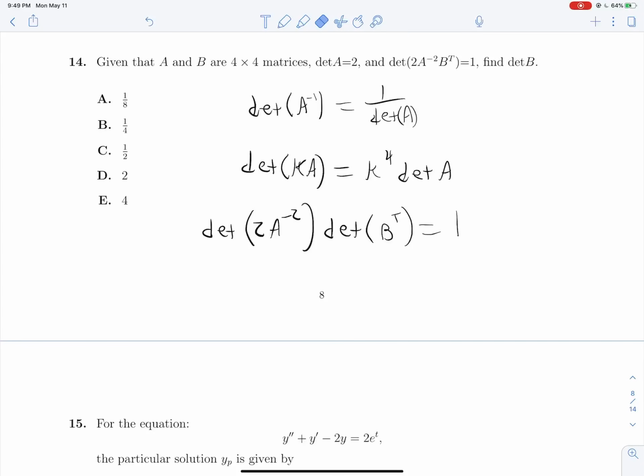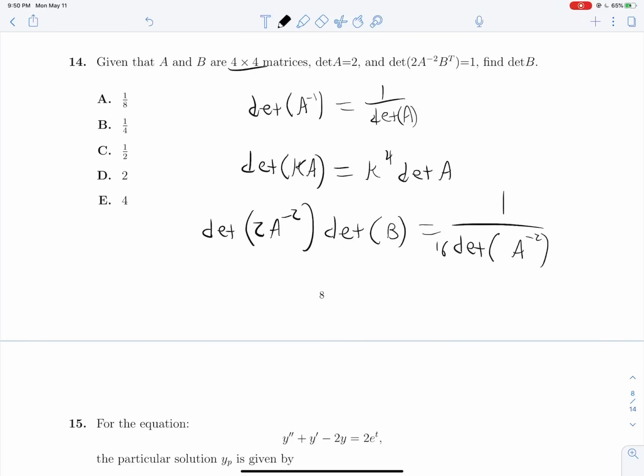We know that the determinant of A transpose is always equal to the determinant of A, and so that applies for B as well. This is just the determinant of B, and this is actually kind of nice. We can divide this whole determinant out, and what will we get? We'll have 1 over the determinant of 2a to the negative second power. We know that 2 times a to the negative second power will just be equal to the same thing if we pull out a 2 and raise it to the 4th power, where 4 is the dimension of our matrix. So we have 1 over